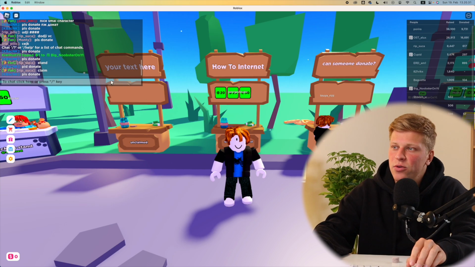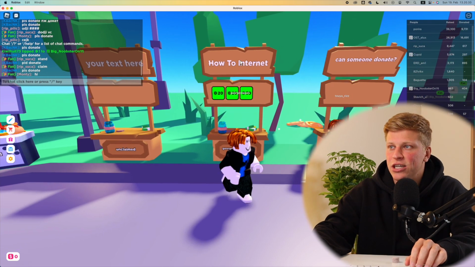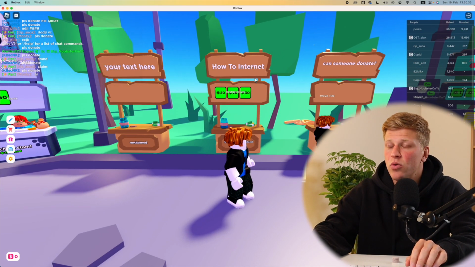How to get donations button in Roblox Please Donate. Well, let me walk you through it. So if you would like to get a donation stand just like this in Roblox Please Donate, then the first